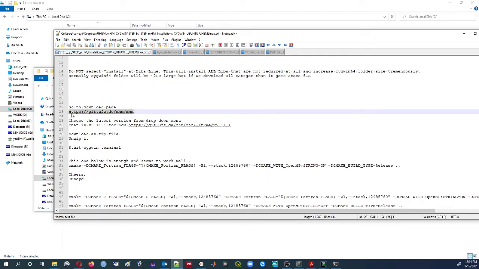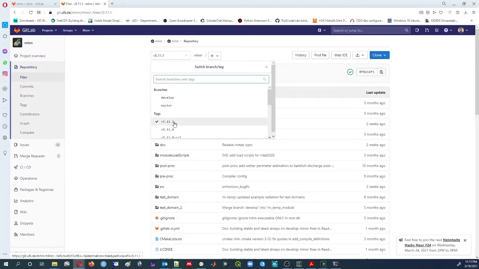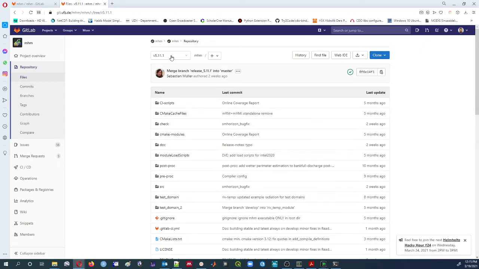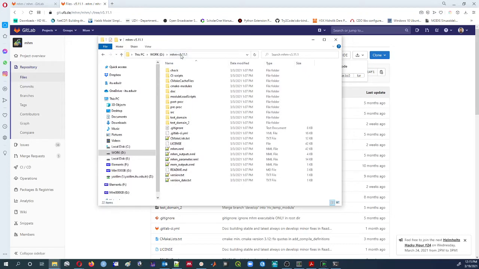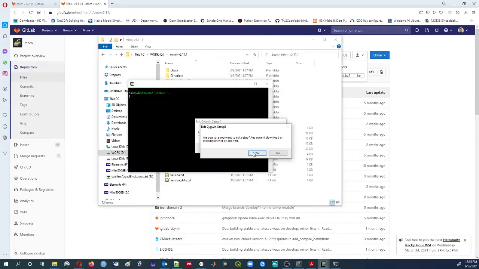And then you go to the mHM, you choose the latest version. For now it is 5.11.1. How do we do that? Here, 5.11.1. This is a bug-fixed new version. You download from zip, and then you bring the zip to a place where you want to download. Here it's the unzipped folder. You take the path and you open your CYGWIN that you installed, all set up with the libraries,